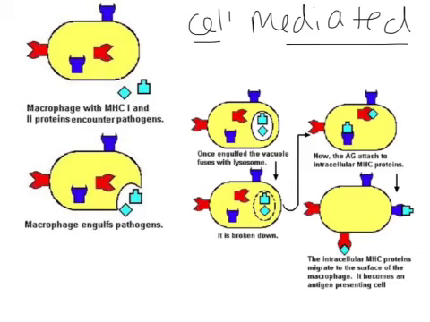I've got my macrophages and my dendritic cells, and they're going to come in contact with our pathogens. Here's my macrophage. It encounters my pathogen, and as it arrives at the infection site, it begins phagocytosis. It's going to engulf